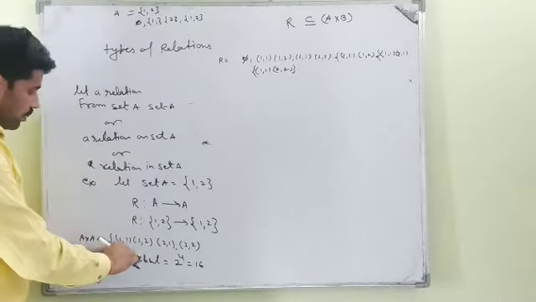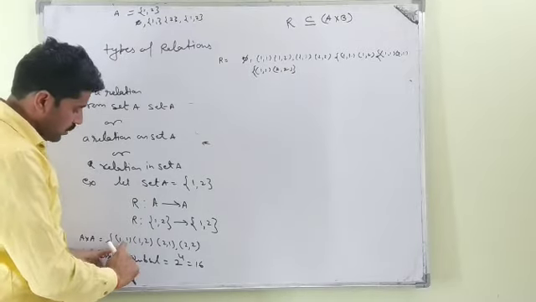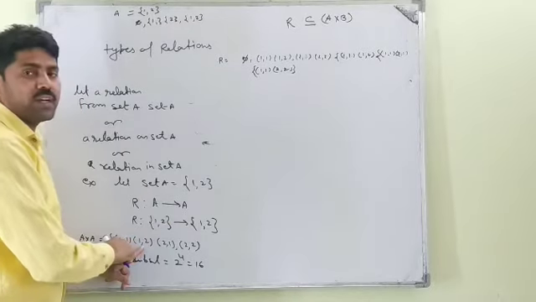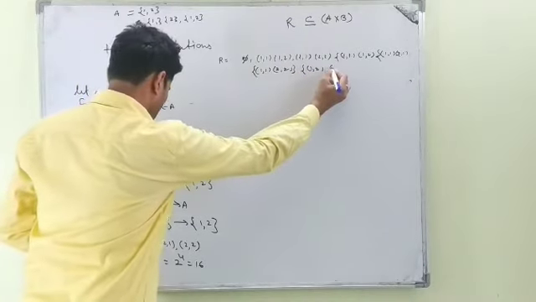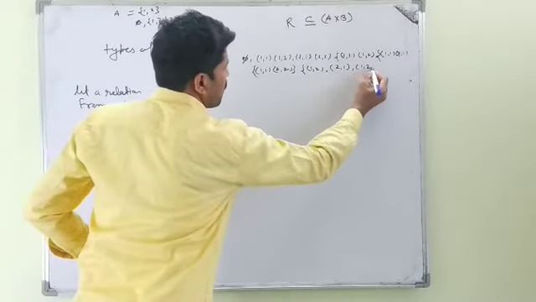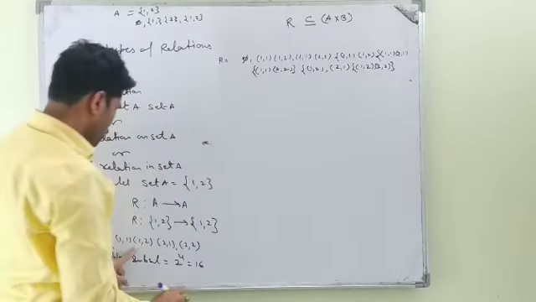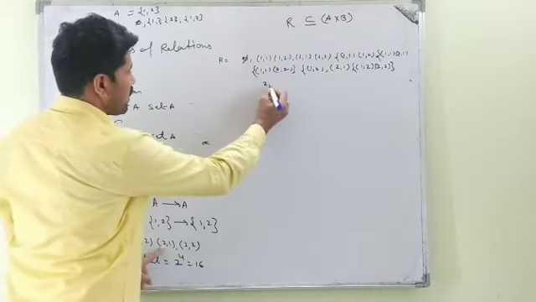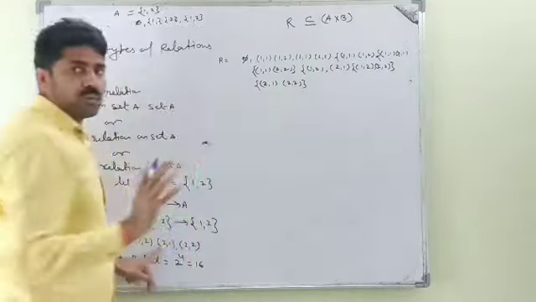Using this one, please make the pair with (1,1) with all of these. Now we are making the pair with this. This or this we have already taken. This we will take: (1,2), (2,1), and (1,2), (2,2). Now with this, (2,1) is already taken. So (2,1) and (2,2), with the pair of (2,2).